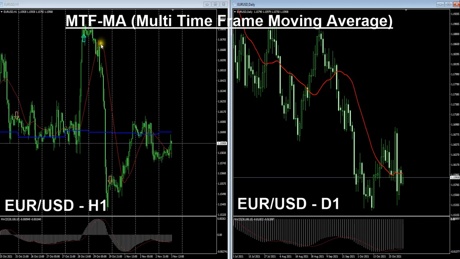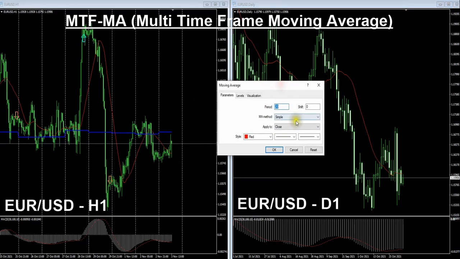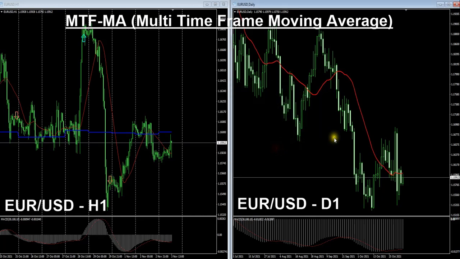So let's have a look then. Let's have a look at this chart. Over here is a daily chart. This is the Euro USD on the daily chart. And I thought about how I'm going to show this. But so this red line here is a 20 simple moving average set to close. It's as simple as that. There's nothing much more complicated about it. We'll make the line a bit thicker for you in case you can't see it very well